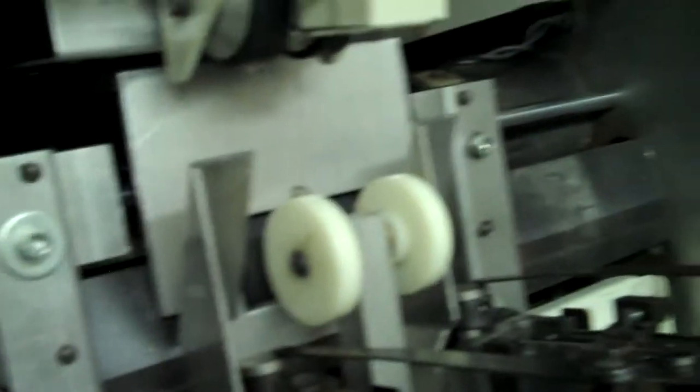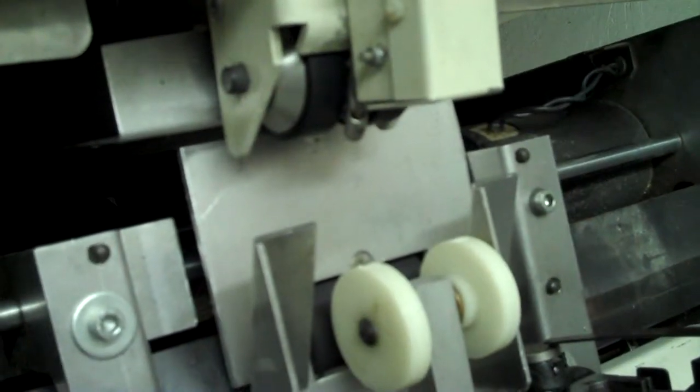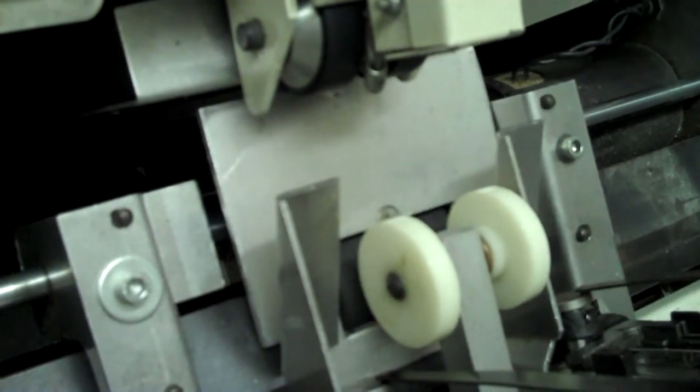Now, if you'll notice, I'm going to go ahead and run the booklet maker, the collator, and I'm going to feed a set into the booklet maker. Oh, my fault. I forgot to lower the...